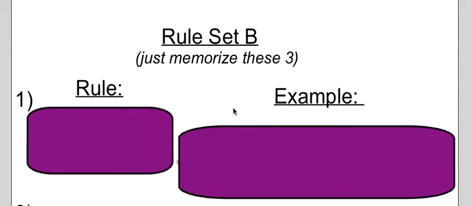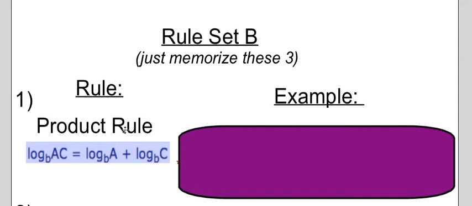Be number 1. The rule is called the product rule. And the product rule states log base b of a plus log base b of c equals log base b of a times c. Notice here that if you are adding two logarithms, you can condense it into a single logarithm and multiply the